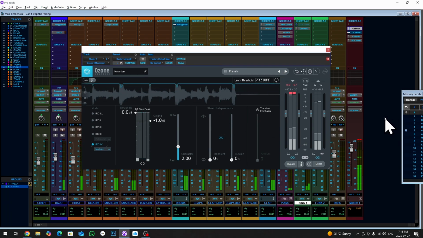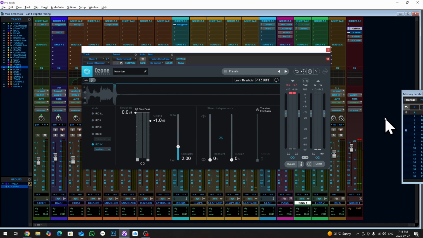It sounds great, but you don't need that much latency, and this mode introduces a lot. So what I recommend for mixing is just using mode 1, which is low latency,